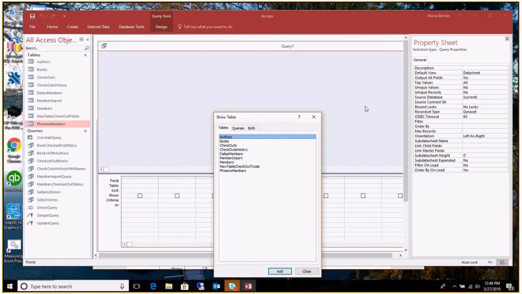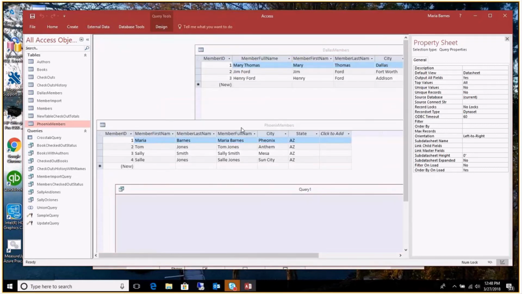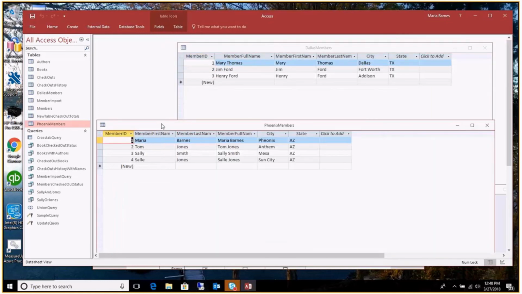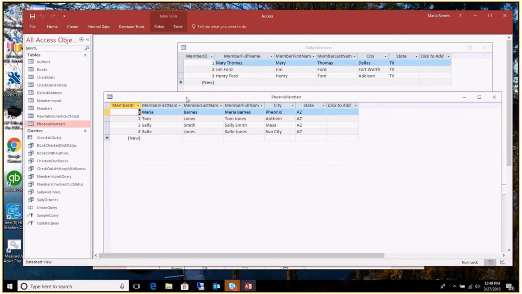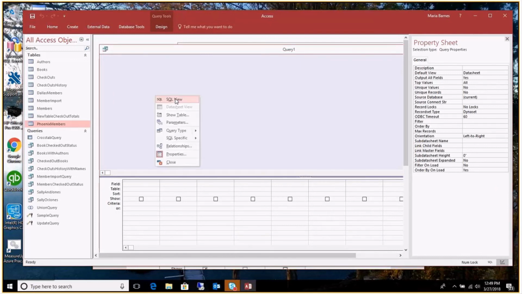The other thing to mention is you can only do a union on tables or queries with the same fields. So if you have different fields in one versus the other, then you can't do a union. You have to massage those into like tables, or create a separate query to only choose the like fields that you want. And actually it doesn't have to be a separate query, it can be part of this query. So in this case, to make a union, I think the simplest case, and let me just show you